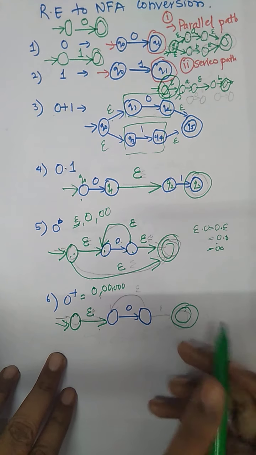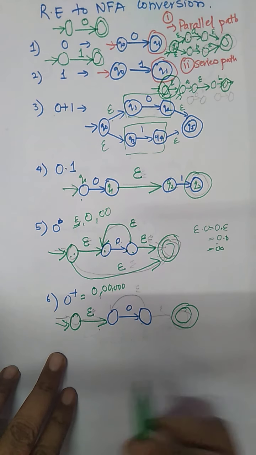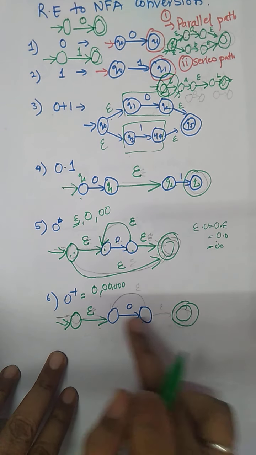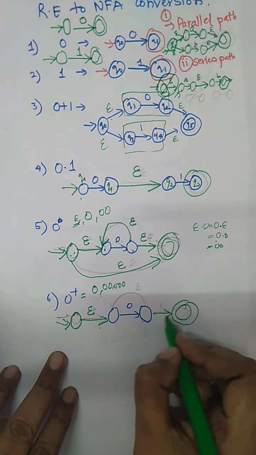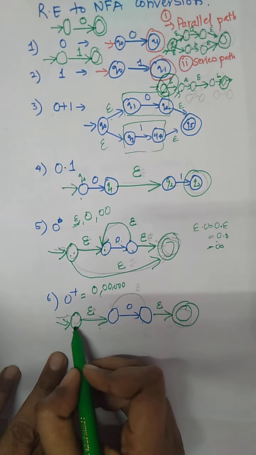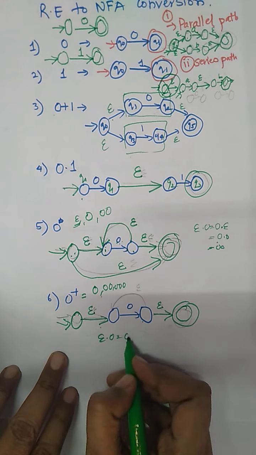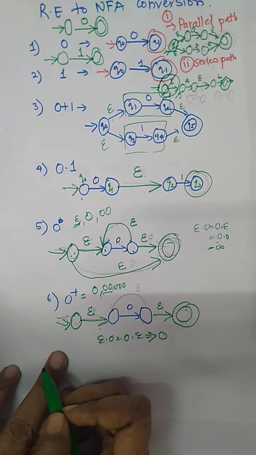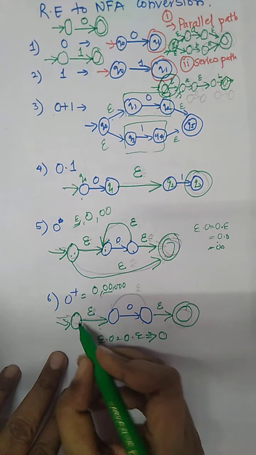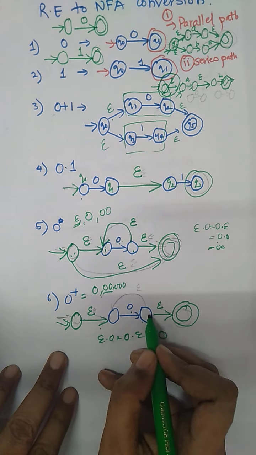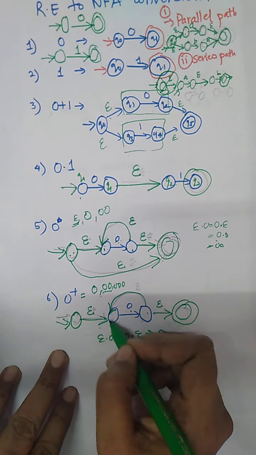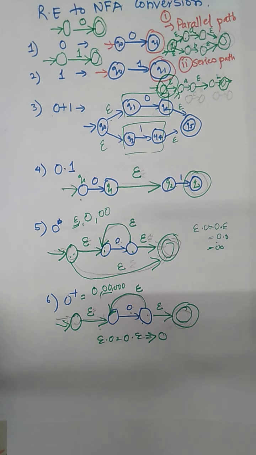Suppose this is a fixed final state. This is temporary, and this is the fixed one. From the initial state, using 0, I have to reach the final state. So we connect 0 with the final state with an extra arrow, extra epsilon. This is how I can read: epsilon into 0 is 0, 0 into epsilon is 0. I have to read 0, 0, so epsilon into 0 is 0, and from here I have to go back. For the repetition, an extra backward arrow, with epsilon also. So this is the diagram for 0 plus.